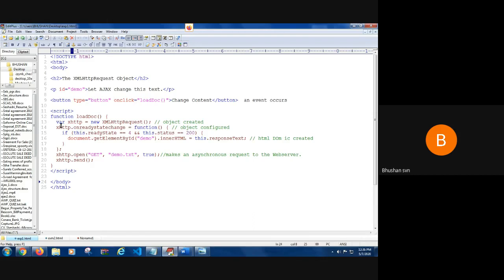So I declare a variable, an object, which I call XML HTTP object, equal to new this one. So I mean to say I'm creating the instance. That means the object is created. Now I'm using the configuration of the XHTTP object, so I use a property which I showcased now.